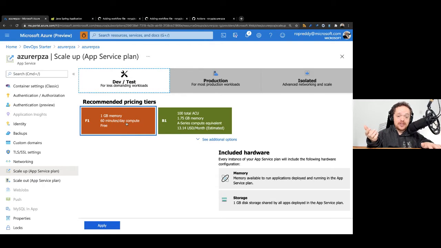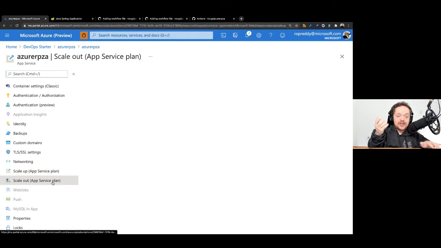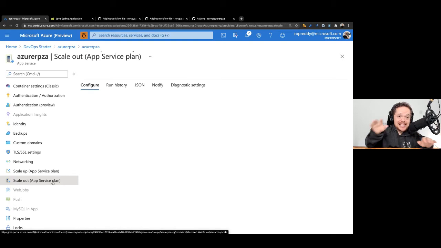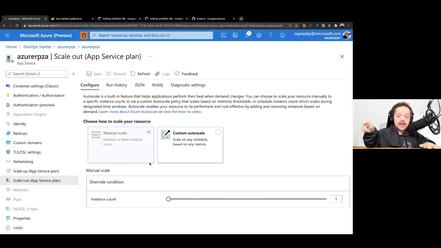And that gives you 60 minutes a day complete and free, or B1, which is a burst server. So one is scale up. The next is scale out. I can create auto scaling linked to that service, running on containers. So I can go manual scale. I can scale out to, what does this go up to here? Let's just go see. Wow, okay. 10 servers, and that's linked to my app service plan.